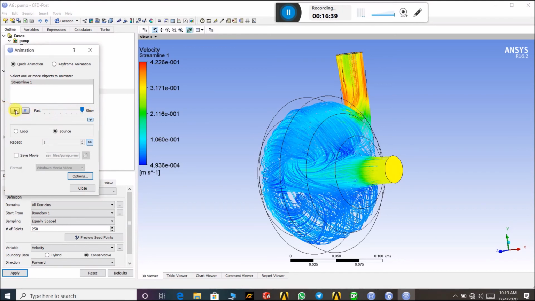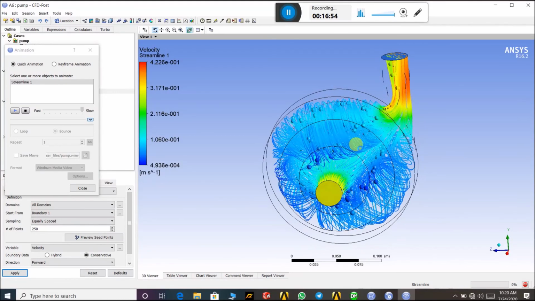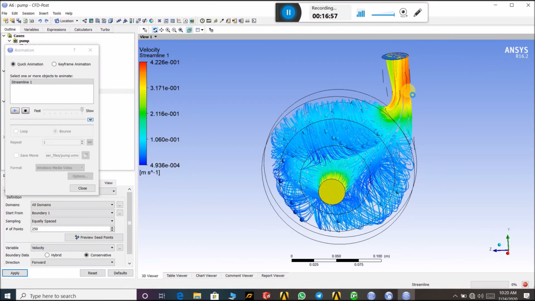Slowly, you can see the water bubble. The water moves like this, and at that place the velocity is higher, so you can see the ball move much faster compared to this region, because at this region the velocity is lower and at this region the velocity is higher, so that's why the ball moves faster as compared to this region.